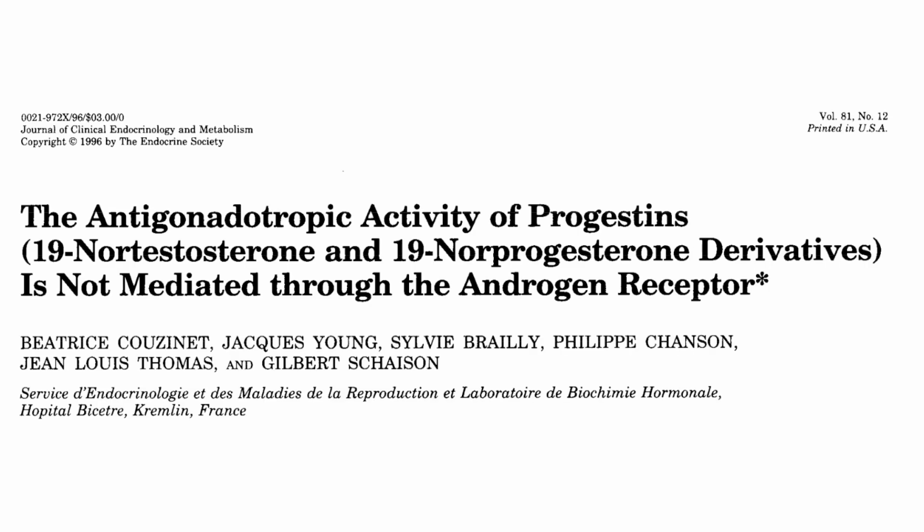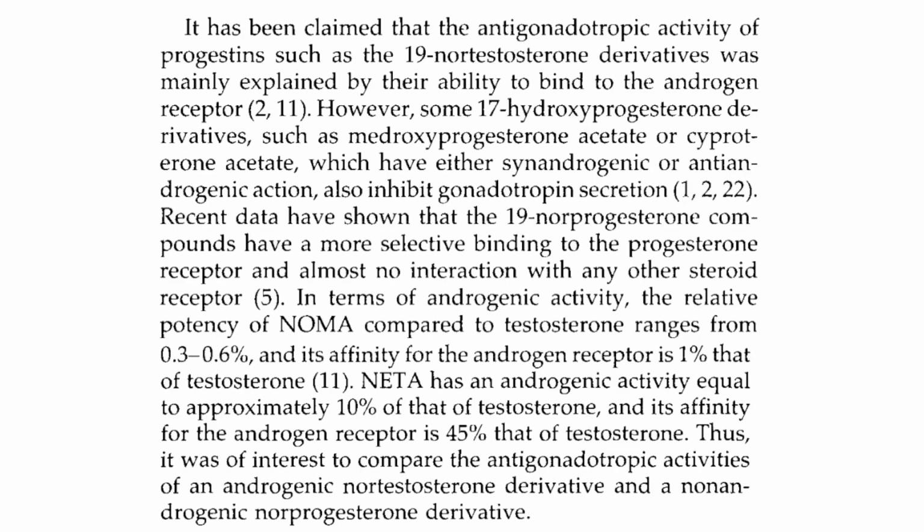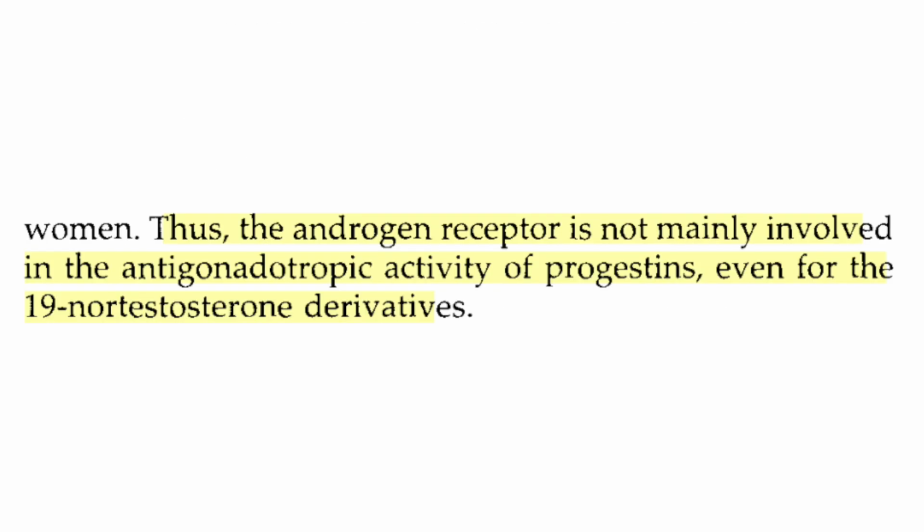For example, in this study from 1996, they found that Nandrolone binds to progesterone receptors with nearly a 5 times greater affinity than androgen receptors. Now, it is this really strong progesterone receptor binding that is resulting in an 80% suppression of LH within 4 weeks. But what is most concerning is that the suppression levels were still over 60% up to 6 months later. The study also showed that Nandrolone's binding affinity for the androgen receptor was nearly 10 times lower than testosterone's, meaning its suppression is through progesterone receptor activation rather than actually interacting with the androgen receptor like the testosterone-based steroids and